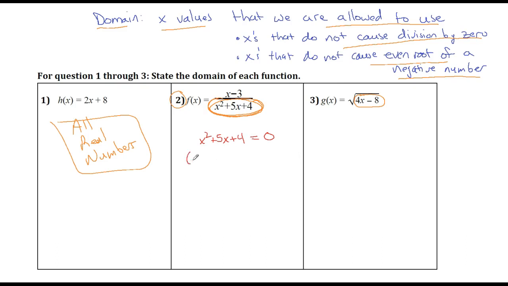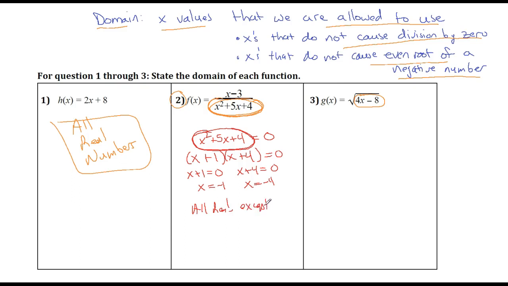To solve this, I would first try factoring. And I can factor this in this way. I will then, of course, find the zeros of these factors because we are trying to solve this for 0. As I solve these equations separately, I see that if x equals -1, this expression equals 0. If x equals -4, this expression equals 0. So basically, my domain is going to be all reals